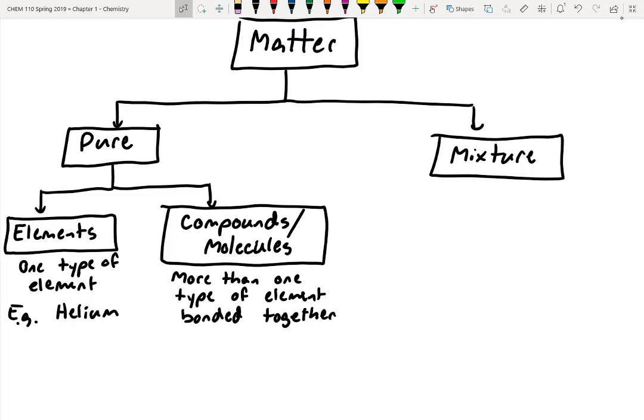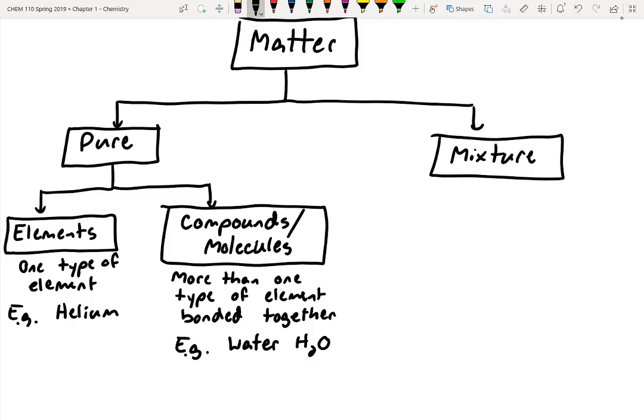Does anybody know an example molecule or compound? H2O, exactly. If we think about water, most people, even non-chemists, are familiar with water. And water is represented as H2O in chemistry. Why do you think it's represented as H2O? Yeah. Two hydrogen and an oxygen. Yeah, exactly. We've got that subscript 2 to indicate we've got 2 hydrogens for every 1 oxygen. So it's always in a 2-to-1 ratio of hydrogen to oxygen. That would be a good example of a molecule, right?